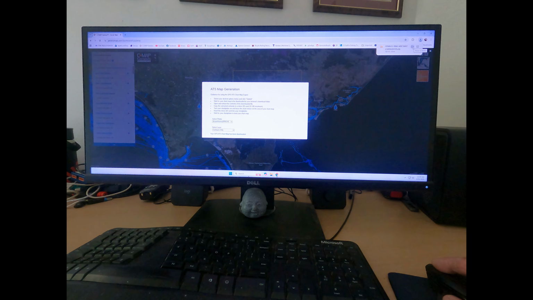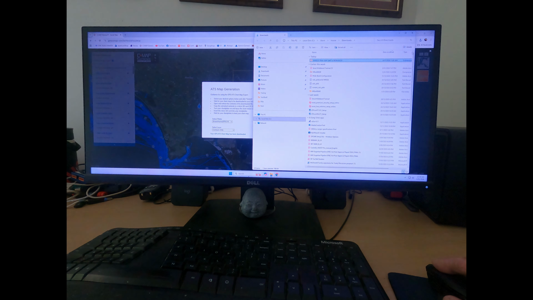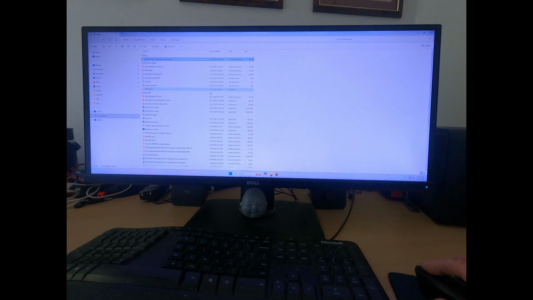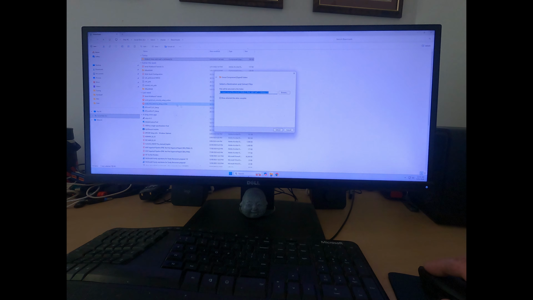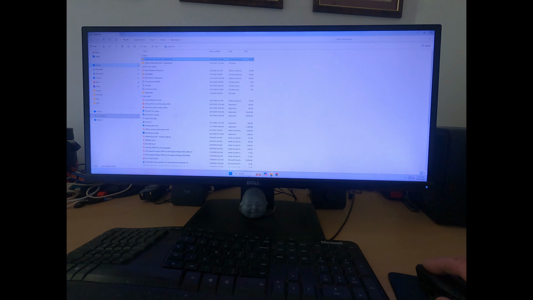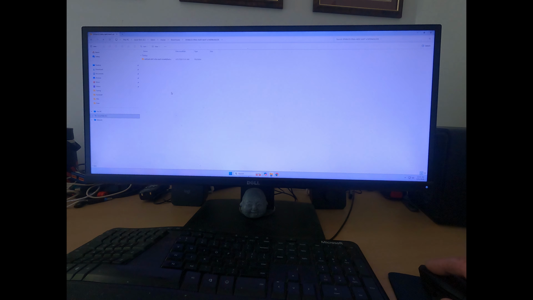If we go to our downloads folder, we have a look here and we can see our map's been downloaded, and it's in a code that's got a lot of gobbledygook. But all we need to do with that is right click and extract all. So I'm just going to extract it to the same downloads folder. And there it is. Again, it comes up with a lot of gobbledygook, but we can open that folder. And then we can open that subfolder,